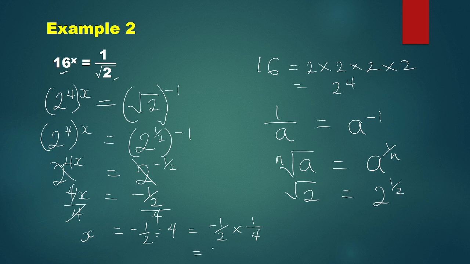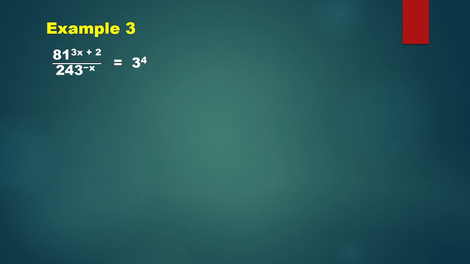Which is the same thing as minus 1 over 8. So the answer to x is simply negative 1 over 8. Let's take another example. I have 81 raised to the power of 3x plus 2 over 243 raised to the